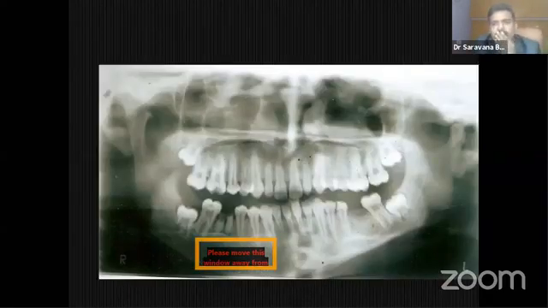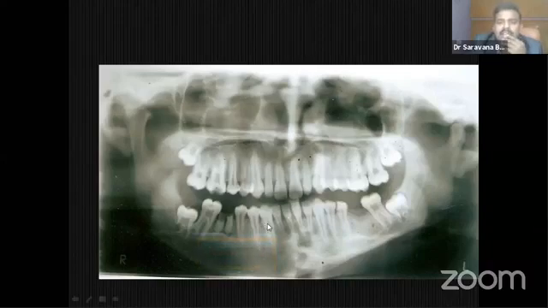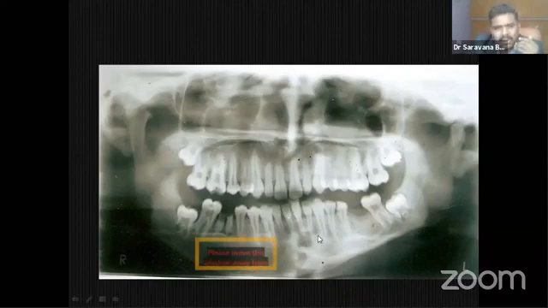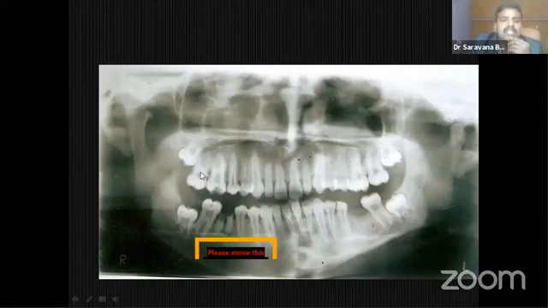This is another OPG. It's a very old one. During our PG days, you used to put this picture everywhere. Can you make out the abnormalities in this OPG? Yes, this is a case of localized or generalized periodontitis. There is a missing tooth, and a root stump here. Look at the condyle on both sides. Compare the right condyle to the left condyle. Can you make out the difference? There is a uniform enlargement of the right side condyle when compared to the left side condyle. It is a case of condylar hyperplasia.